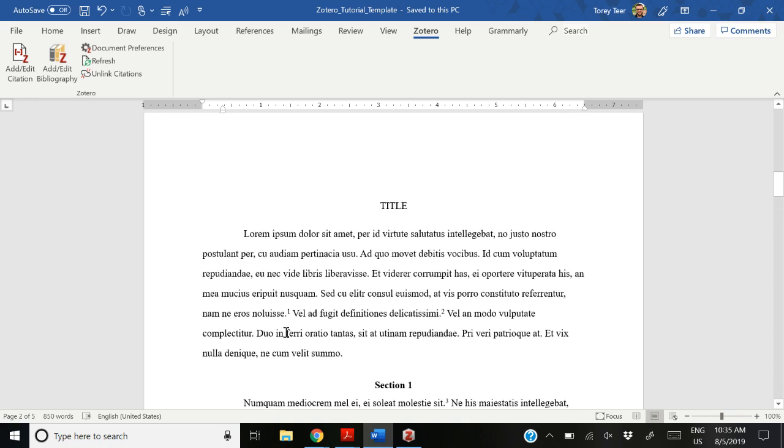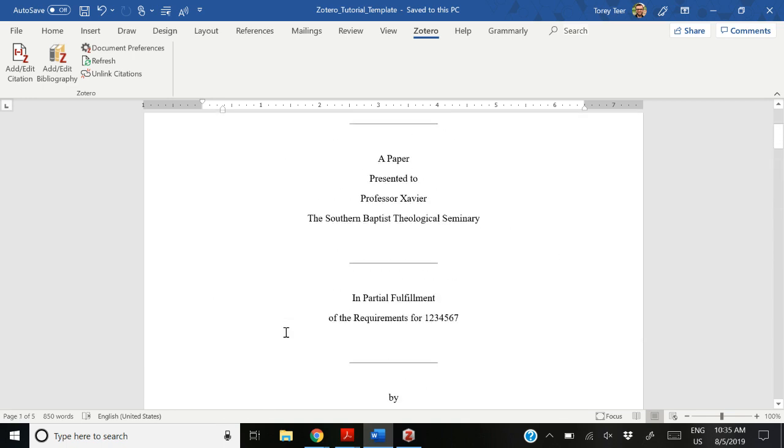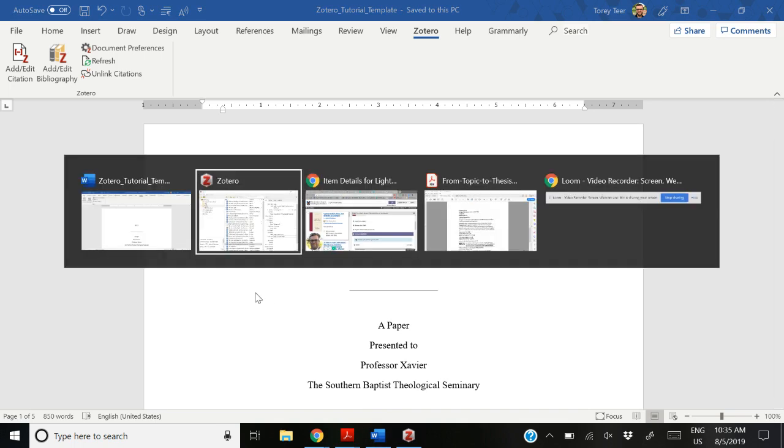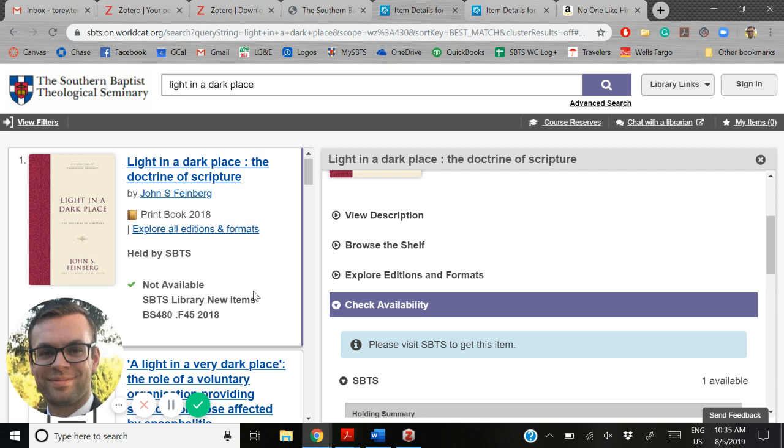Of course, there's a lot more to Zotero. There's more features which you can discover through your own exploration, but this tutorial should be sufficient to help you get started with adding citations both manually yourself and through the web browser, as well as how to manage your citations during your research project and how to add a bibliography at the end of your research project. Hope this has been